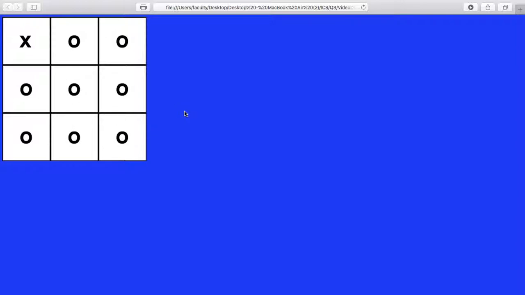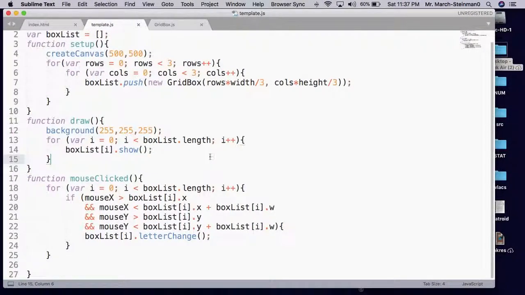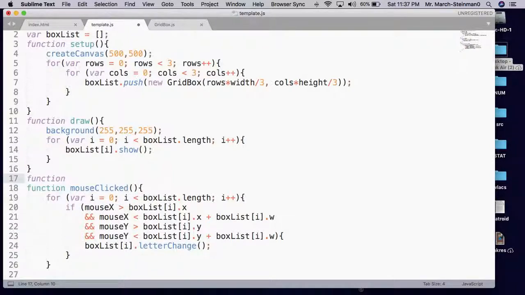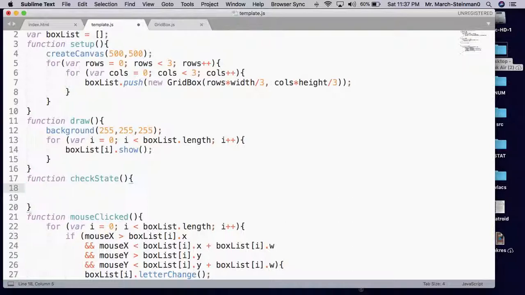Now the question is, how do I make this automatically detect a win? Well, there's a way to do this, and you could totally do this in a few different ways and do it algorithmically. But one way I'll show you right now, I'll make a function called check state, and this will check to see what the state is. So I'll say if box list 0 dot letter is equal to box list 1 dot letter,